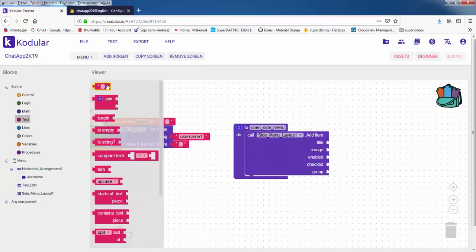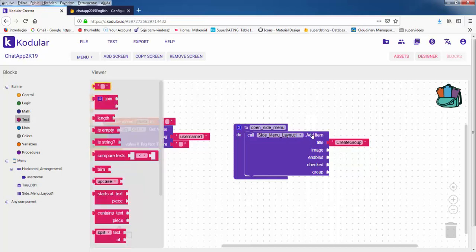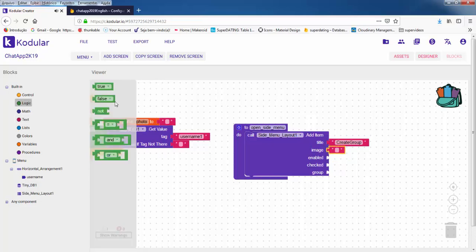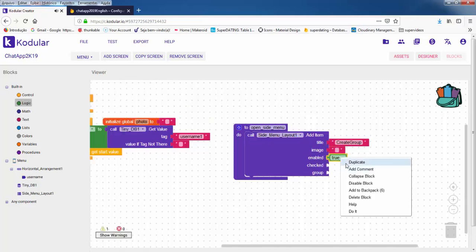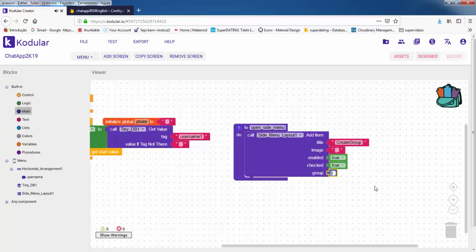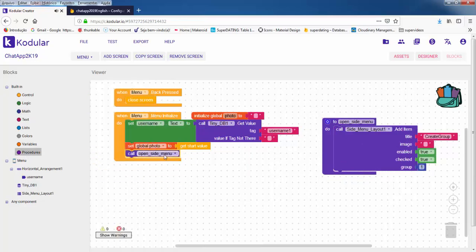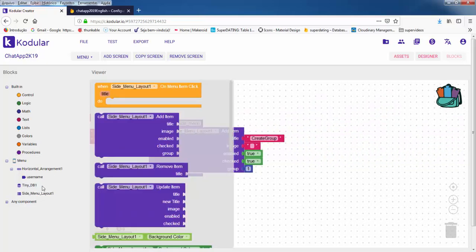So the title, first one is create group. The image is gonna be empty text. The logic true to enable and checked, and the group number 1. So the procedure is gonna come here, and the side menu